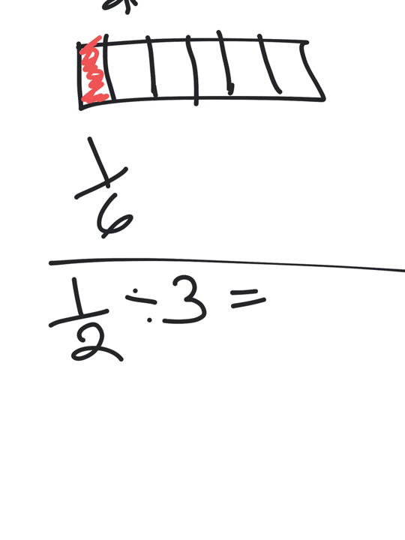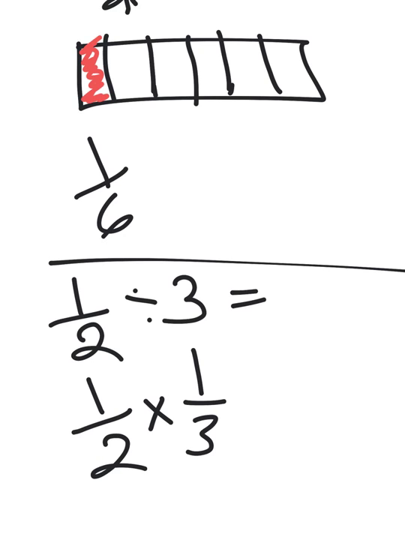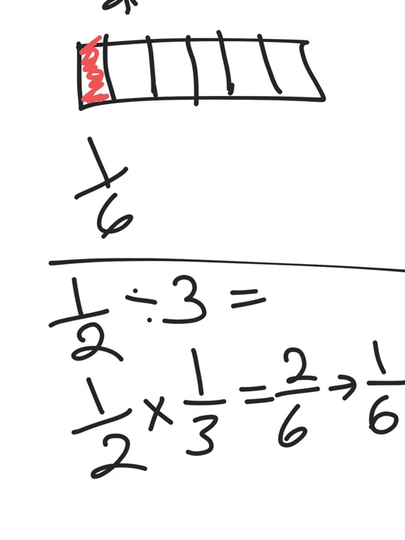Half divided by 3, though, is the same as half times the reciprocal of 3. Now, what's the reciprocal of 3 again? It's 1 over 3. So half divided by 3 is the same as half times 1/3. And now you can just do your regular multiplication. You will get 2 over 6, and you have to simplify that. You will get 1 over 6 as your final answer, which is the same as what we got when we